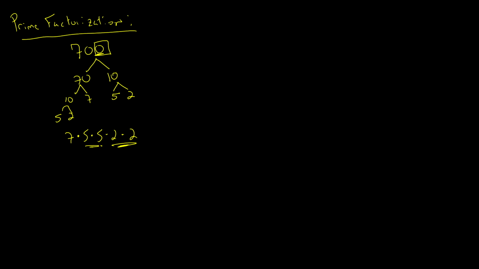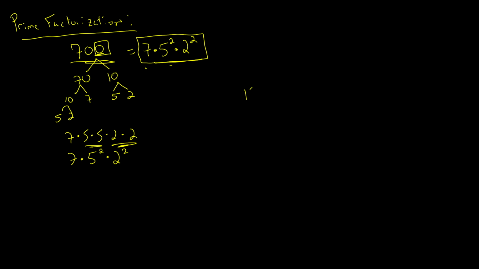Remember back when we started this module's lecture, we talked about exponents. And so our prime factorization for 700 is 7 times 5 to the second times 2 to the second. And this is a way of writing 700 only in prime numbers. And prime factorization, since this is a unique way of writing numbers, will become a very useful tool for fractions and dividing. Right? If we have fractions,